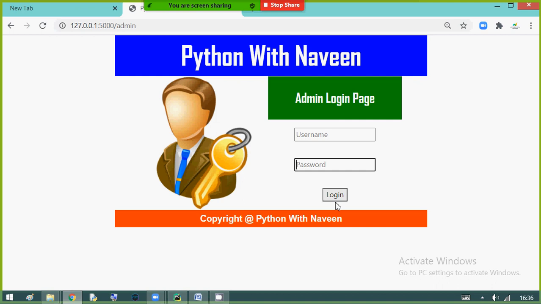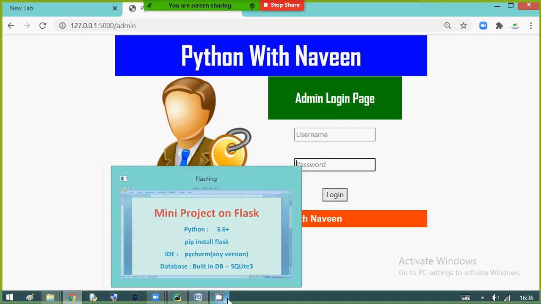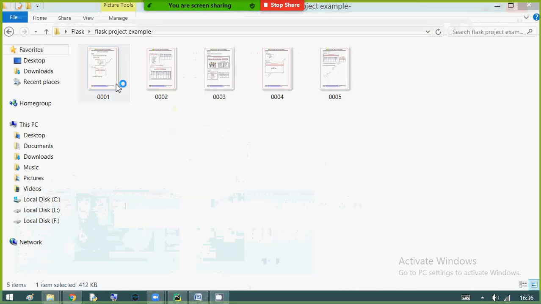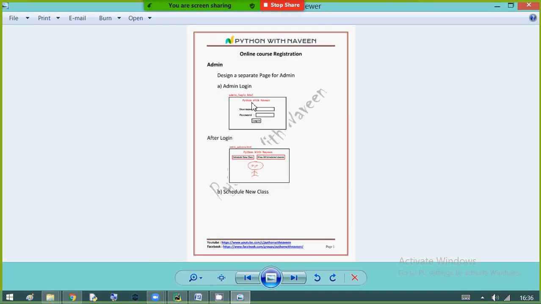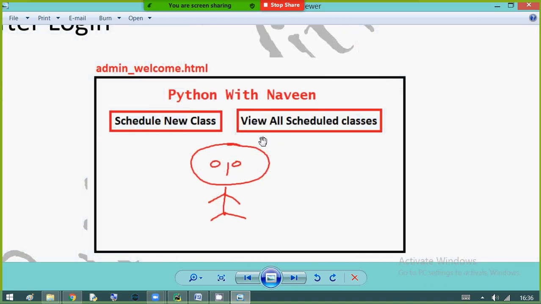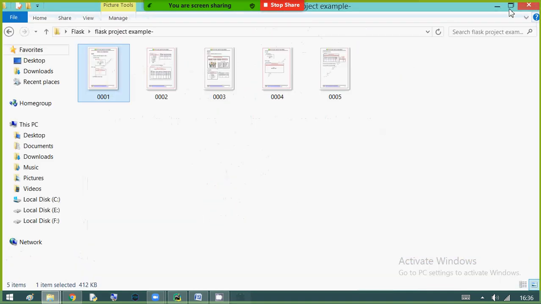Once admin is logged in successfully, we'll open the welcome page according to the requirement, sir. After login, we'll show the welcome page, right? So let me design that now.